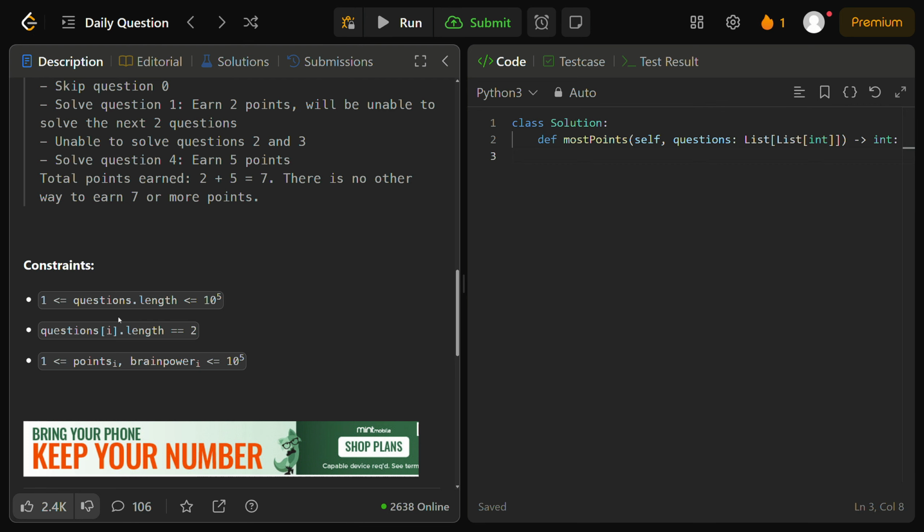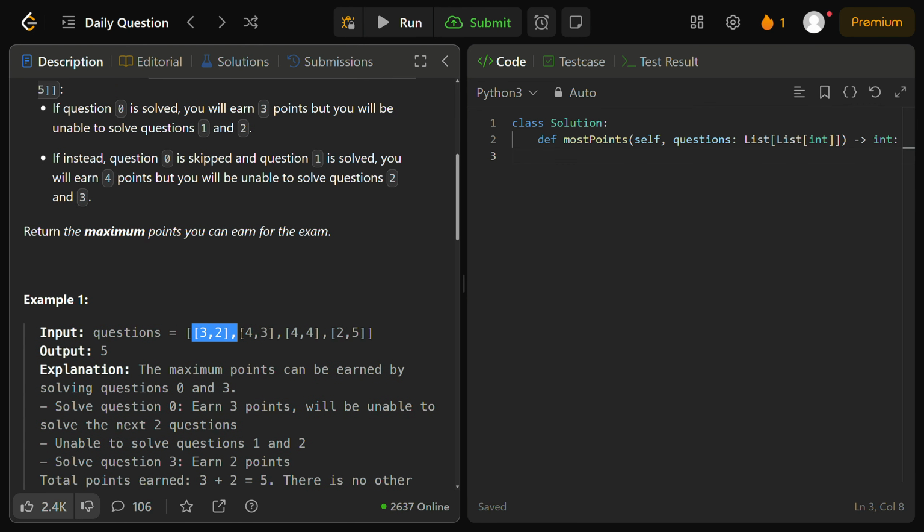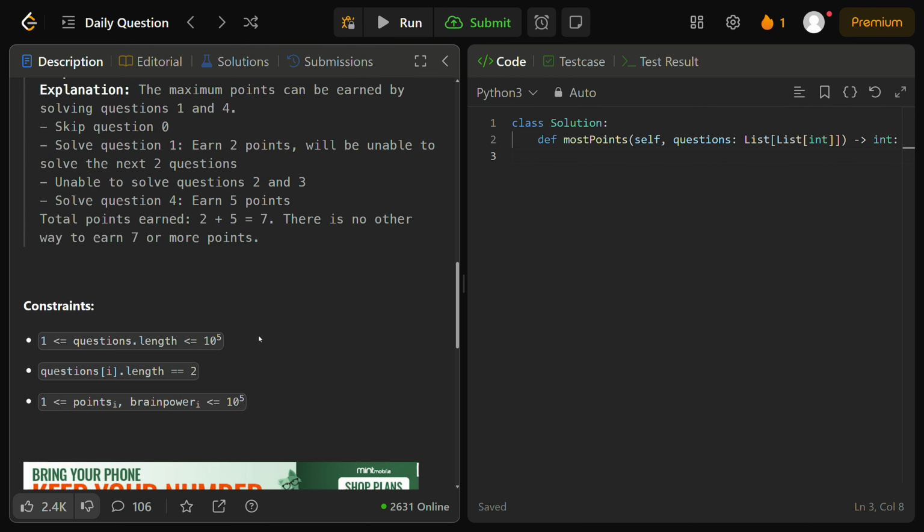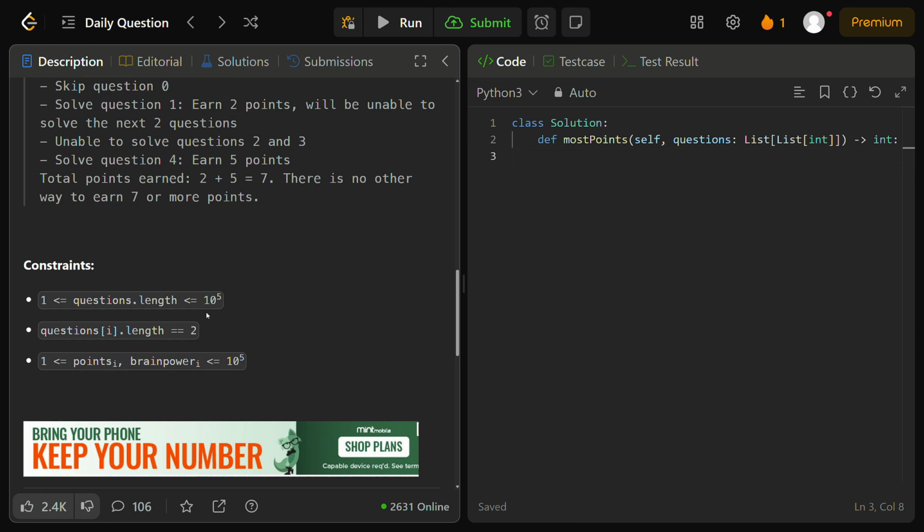Now, what do we know about BFS or brute force recursive solutions? They're typically exponential. And so although in nature this is an exponential problem where we have 2 choices for each index, either to skip it or solve it for each question, we can't really solve this directly with just pure recursion because it would get a TLE considering how large our